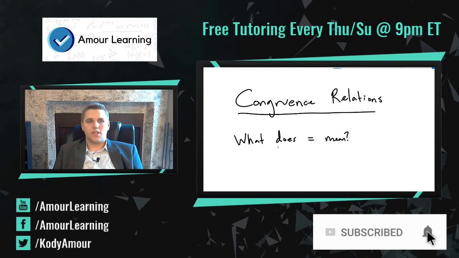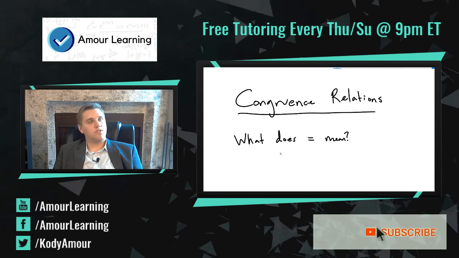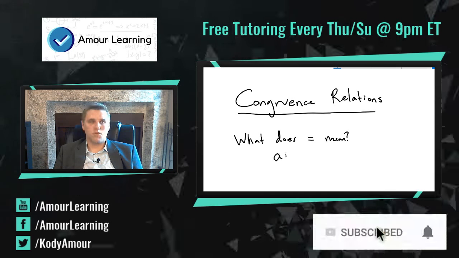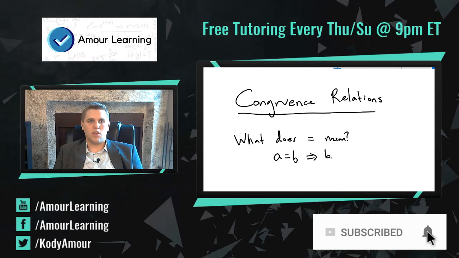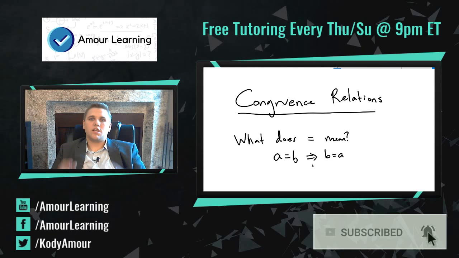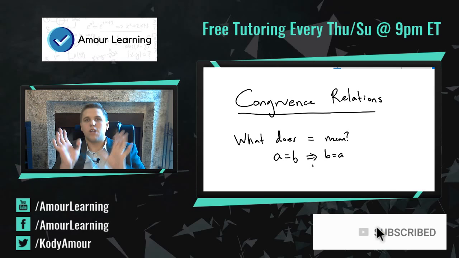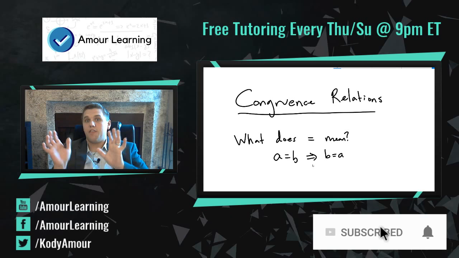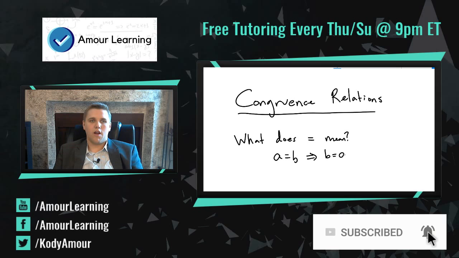So a couple other things need to be true. Let me think if I have this right. Yes, if A equals B, this means that B equals A. Basically, this equal symbol should be thought of as a weight, but it's not like one side of the scale is different than the other side of the scale. So if we go back to our analogy with the scale,